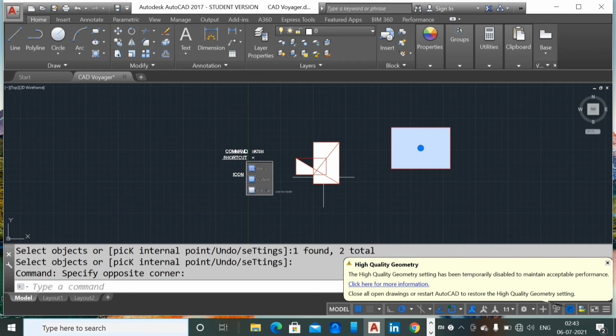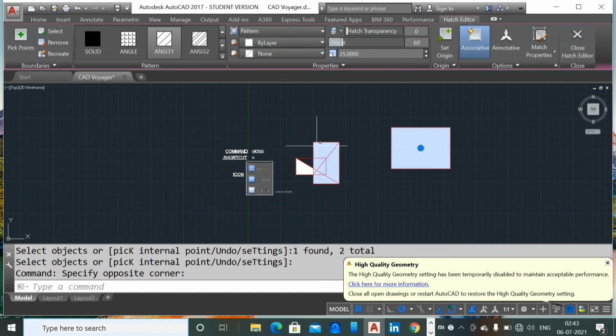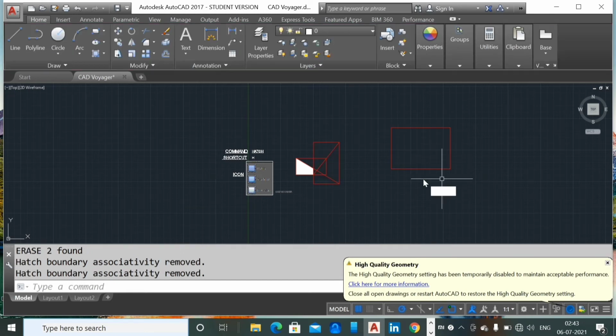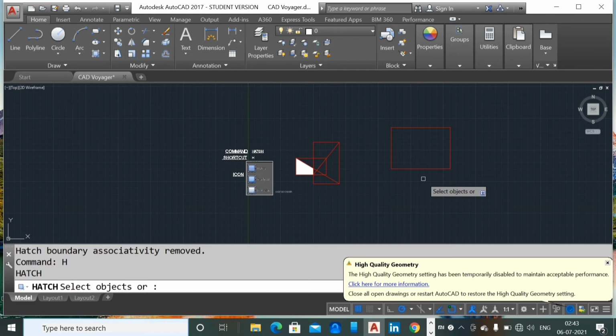When we select the hatches, we can find that both hatches are different, and it also has two different origin points. Now again we are going to draw another hatch by removing the tick from the create separate hatches. This will make the same hatch for the two different objects.